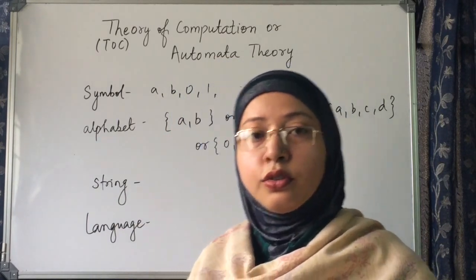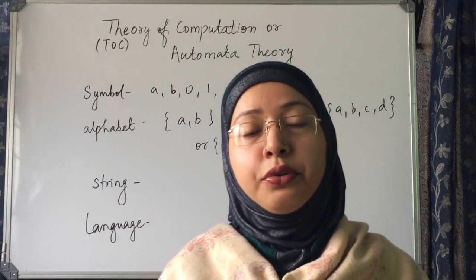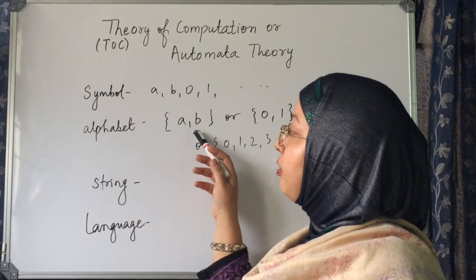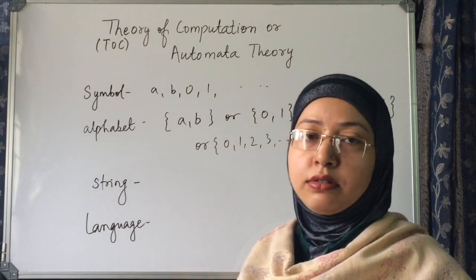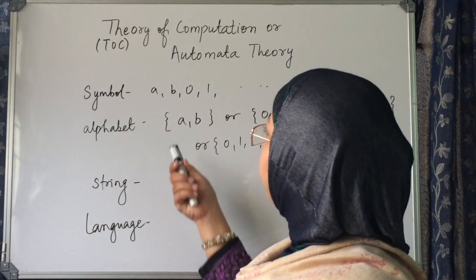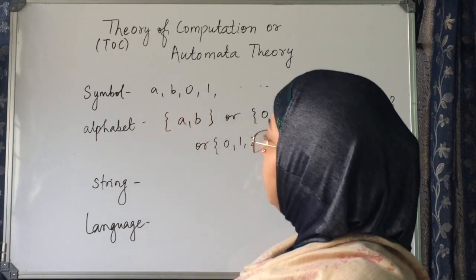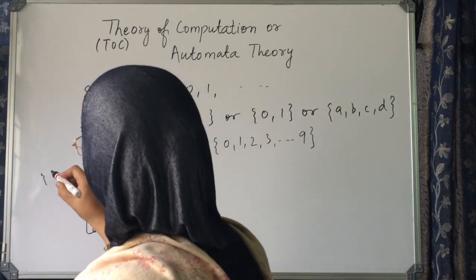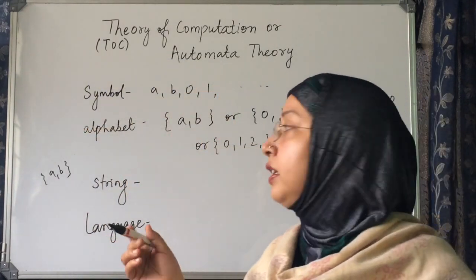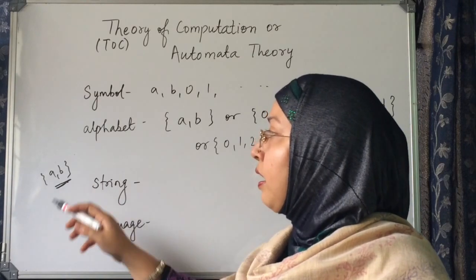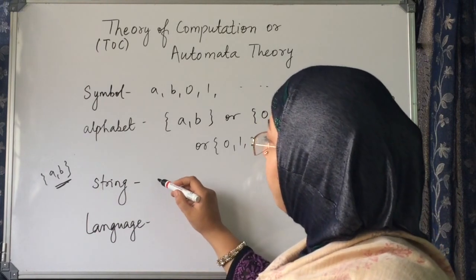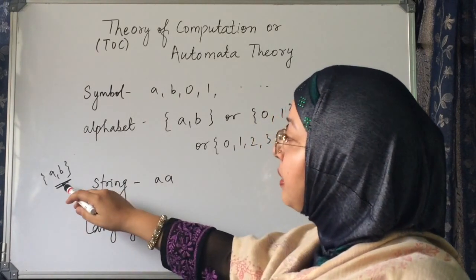So, the alphabet is what is given to you as a set of input symbols. You can make your strings based on these symbols only. That is known as an alphabet. Suppose you are given the alphabet A, B, and you are asked to form a string using these symbols, of length 2. What are the strings that can be formed using these symbols?